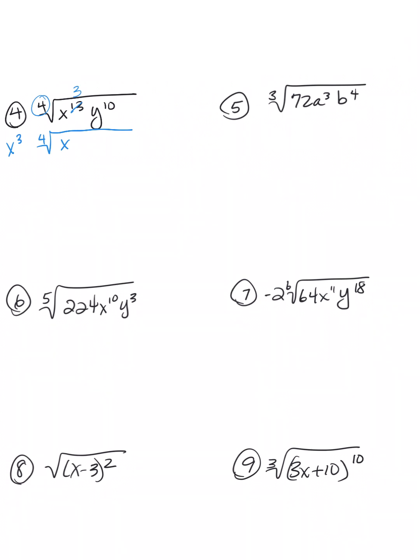Then with the y's, I have to take out groups of 4 also. So I could take out 2 groups of 4, that would be 8 of them, and that leaves me 2 y's left underneath the radical. So if I take the 2 y's out,